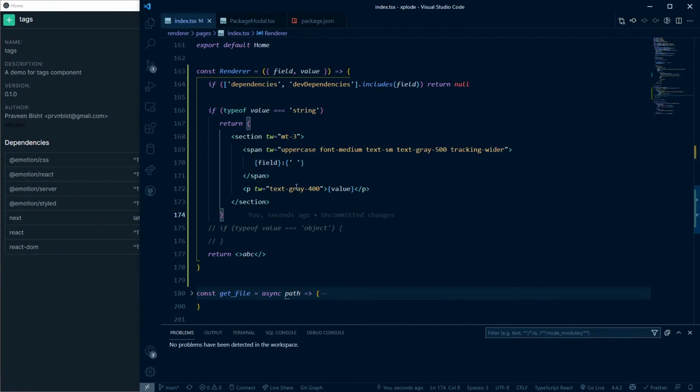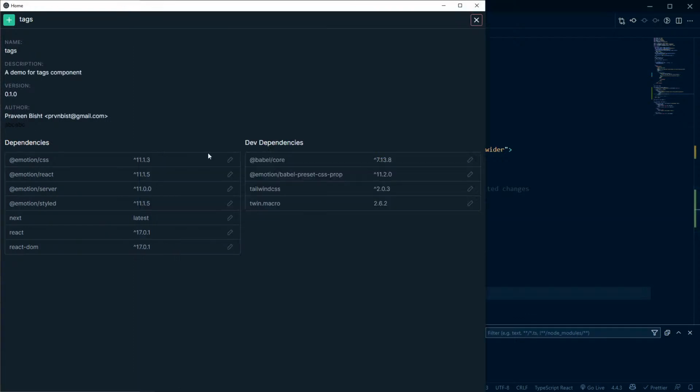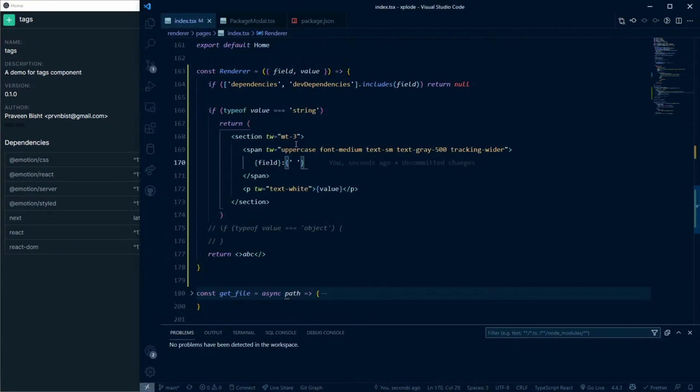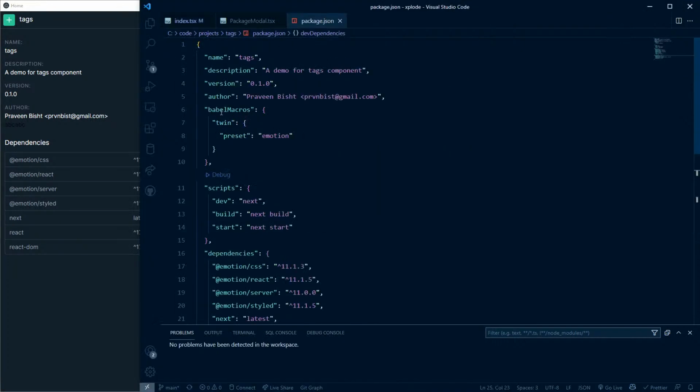Okay, this should be white. Right, so it's returning ABC twice for these two dependencies. No, it's returning that for this one and this one. So let's make the author an object,